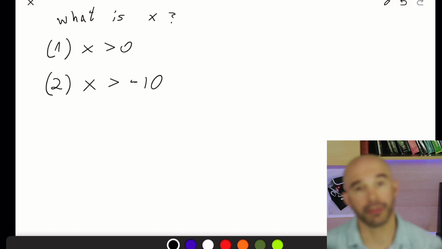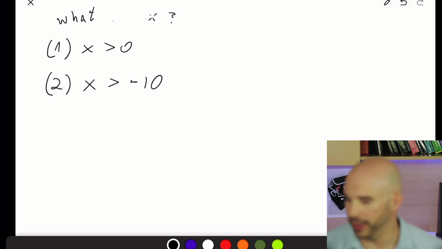And does statement 2 allow for statement 1 to be telling the truth? Yeah, if x is greater than negative 10, it is possible that it's positive. So each statement has to allow for the other statement to be telling the truth. Otherwise, they're contradicting one another, meaning one of them is lying, and that doesn't happen on the GMAT, because the statements are always telling the truth. And in this case, the correct answer would have been E, because